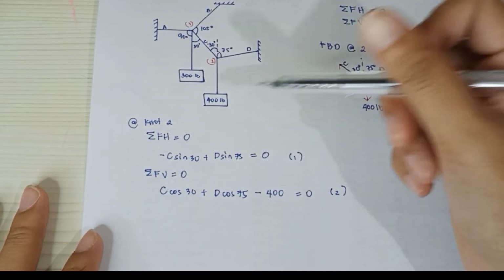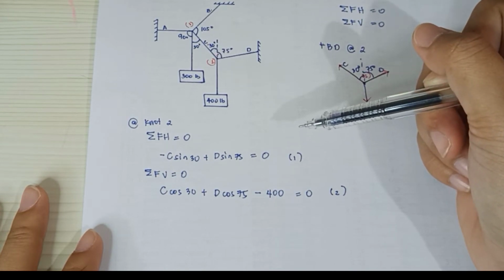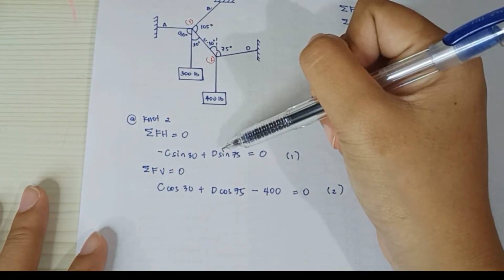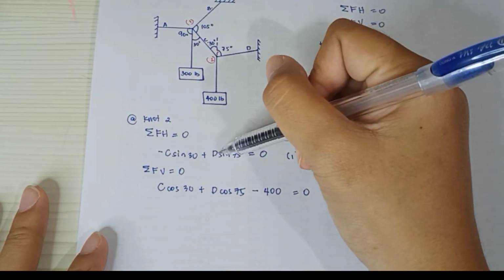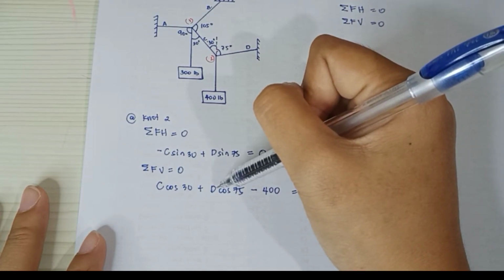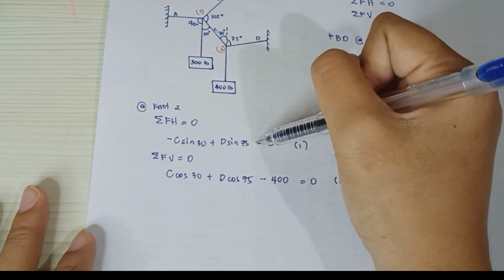For us to be able to get the values, kailangan nating i-eliminate yung isang variable. We can use equation 1 and use the value of D para i-substitute dito, and then mai-eliminate natin itong D. Okay, so from equation 1,